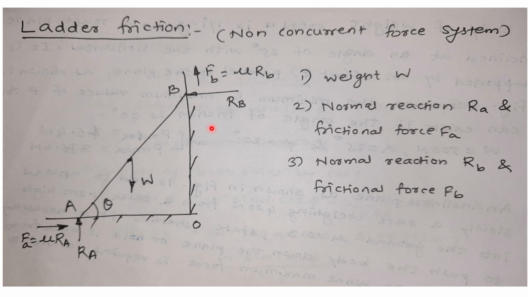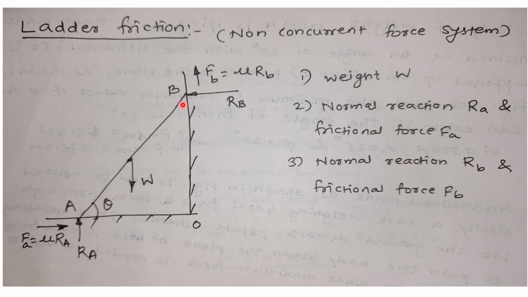So all of you are aware of the basic formula of frictional force. Frictional force F is equal to mu into Rn, where Rn is the normal reaction. Now here, at point B, the normal reaction is Rb. Obviously, because the ladder is touching the wall at point B, it will exert some pressure on the wall, and in return, since every action has a reaction, the wall will offer the reaction Rb. Similarly, the end A is exerting force on the ground, so the ground will offer the equal and opposite reaction at point A.